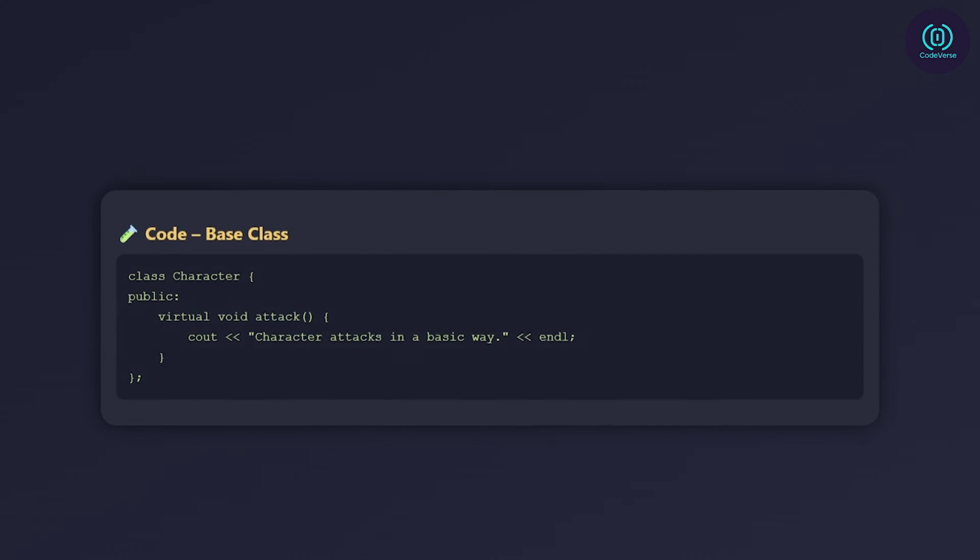Let's code it. Include iostream. Using namespace std, class Character. Public, virtual void attack. cout "Character attacks in a basic way" endl. Class Warrior, public Character. Public, void attack override. cout "Warrior slashes with a sword" endl. Class Mage, public Character. Public, void attack override. cout "Mage casts a fireball"